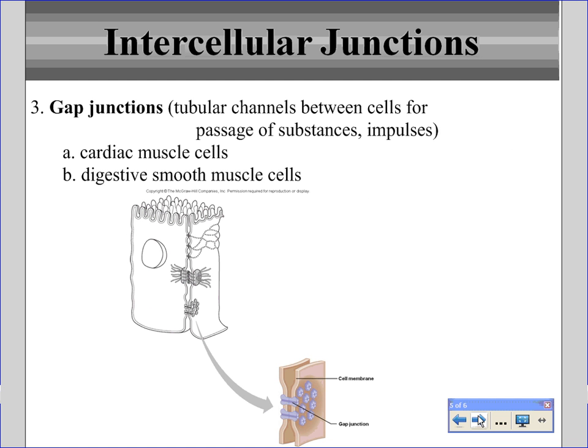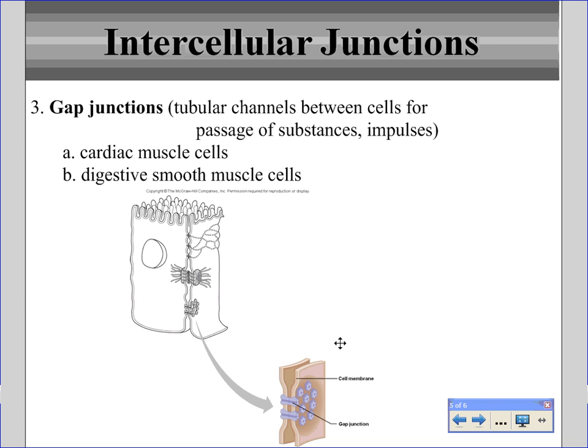The third one are gap junctions. Gap junctions, as you can see in the lower parts here, form little tubes that allow cells to communicate with each other. We see these mainly in our digestive system, where our smooth muscle has to communicate with connecting muscles in order to be able to contract, and we'll talk about that process of peristaltic wave-like motion, moving our digested material along our small intestine to be absorbed, but also in our cardiac muscle, because we want our